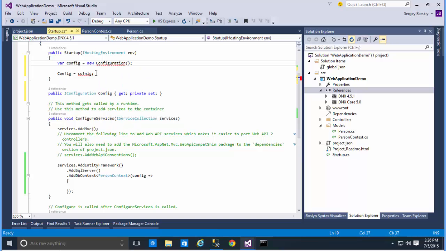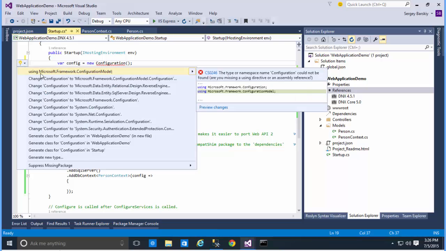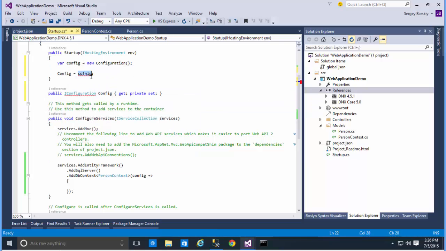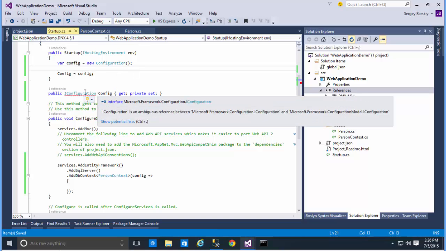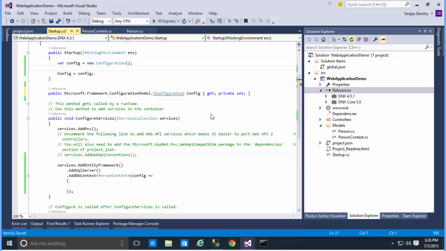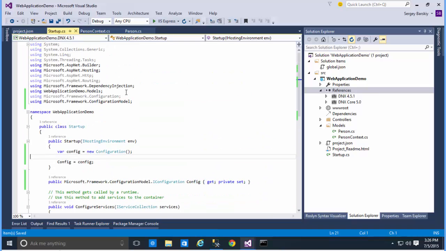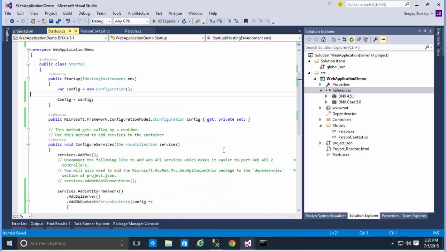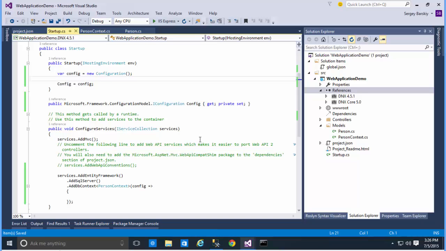And let's see if we can import the appropriate namespace and fix the spelling here. Let's fix the references. So this is the appropriate one we use. I think this is kind of a downside of beta 4 in one version and beta 5 in another version. But this should work. And ordinarily we would write